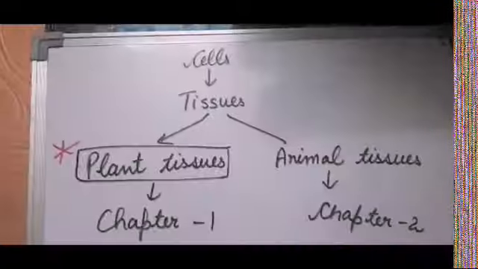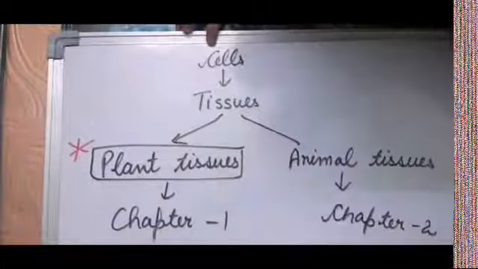So now again, what actually is a tissue? Tissue is actually a group of cells, so many cells combined to form a tissue, but the cells must have the same shape. Shape means structure, how they look, and also they must have the same function. Function means the work they do. Now let's talk about the next topic.